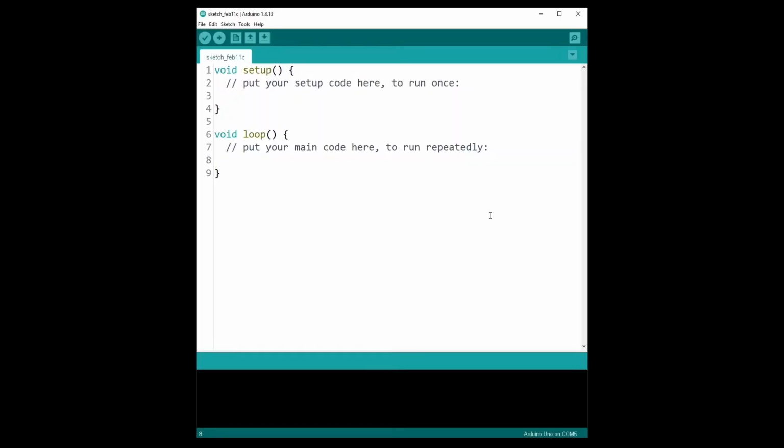And here is the solution to this first challenge, or what I also call activity. So I'm going to remove those commented lines that we don't need anymore. And so we need to blink an LED and also to use the serial communication. So what I'm going to do is to use pinMode with 13 and OUTPUT to initialize the LED. So to initialize the pin for the LED, and then